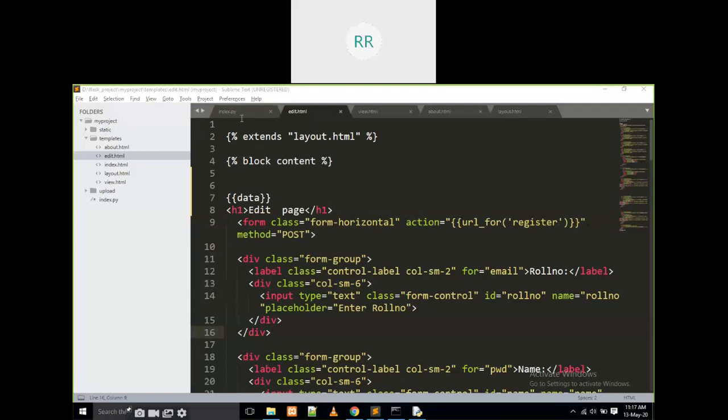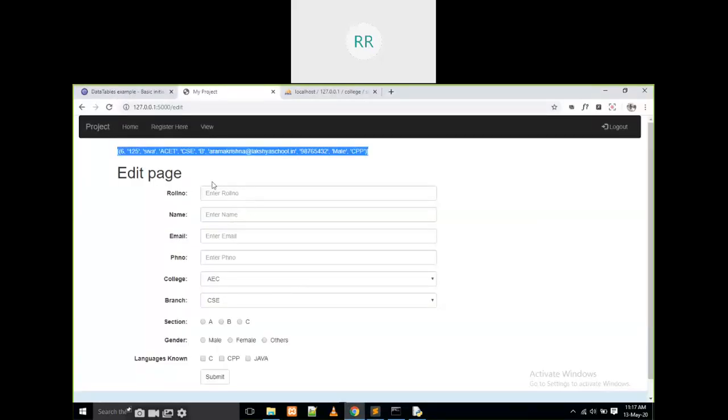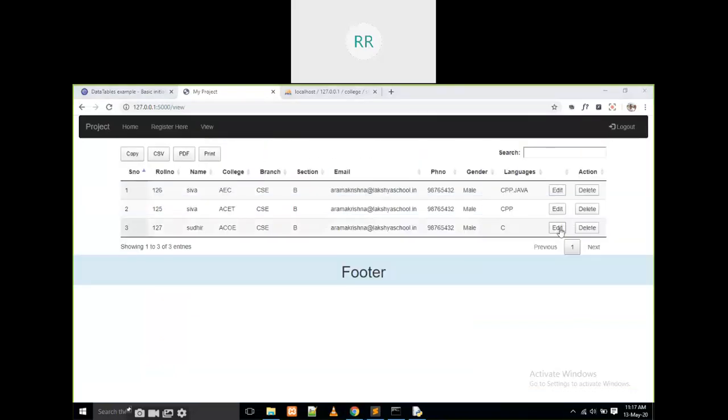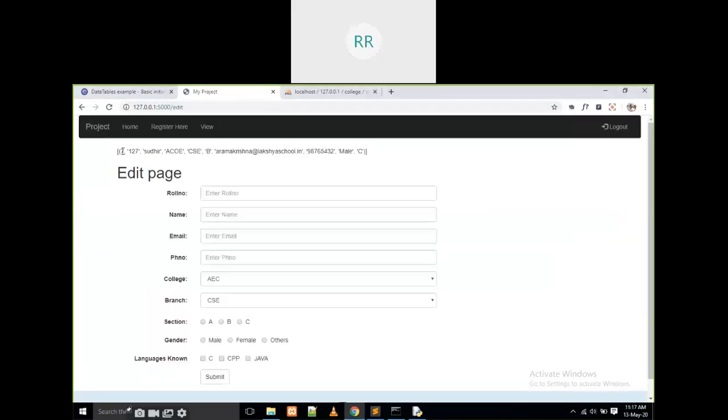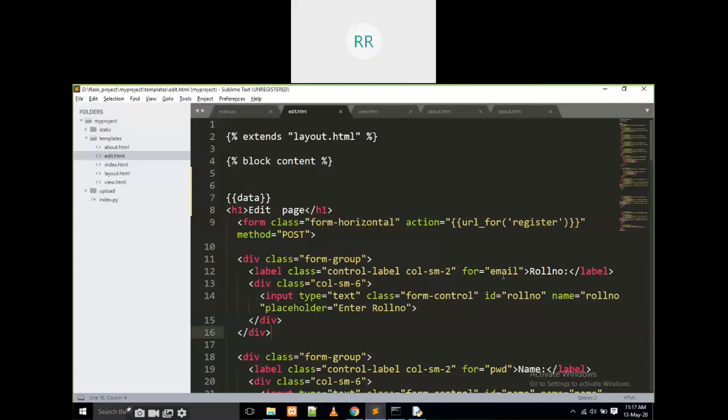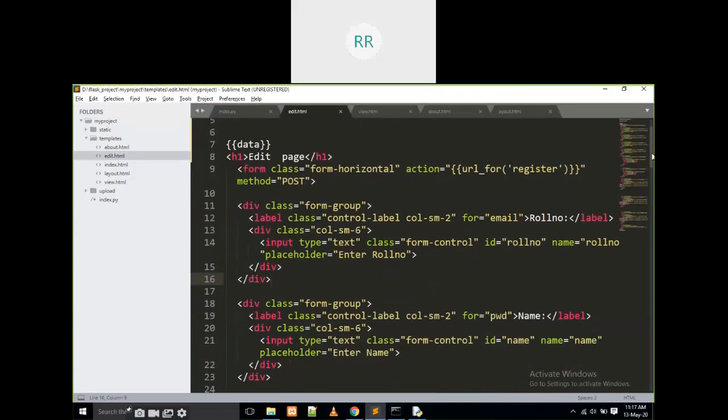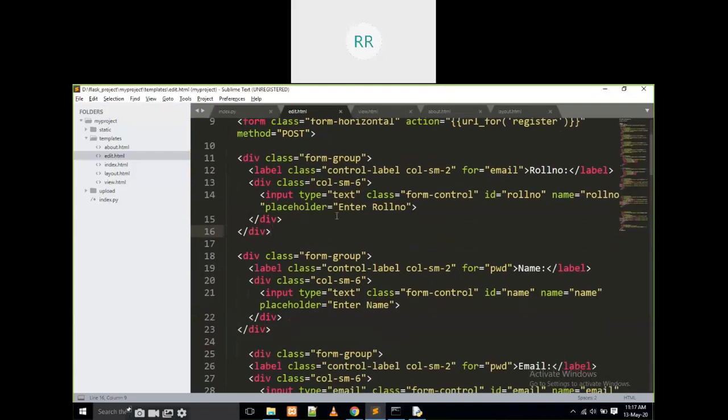What I am doing is getting the data. If I click on any student, if I click on the last student, it will show the last student's record. I am going to fill all this data in. Now what do I have to do? This is the roll number, and there is one more property for everything, that is value.